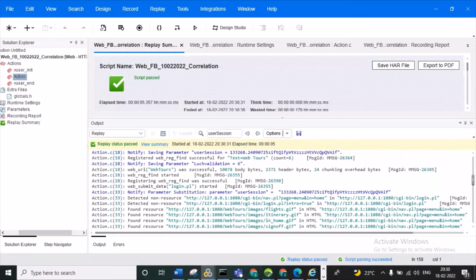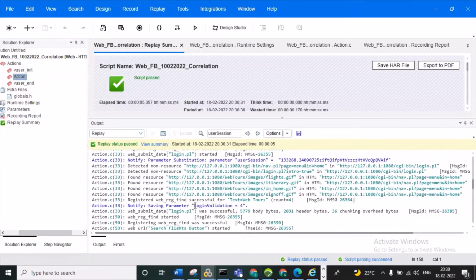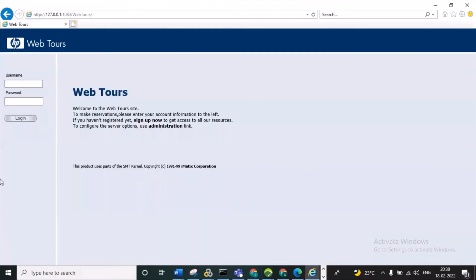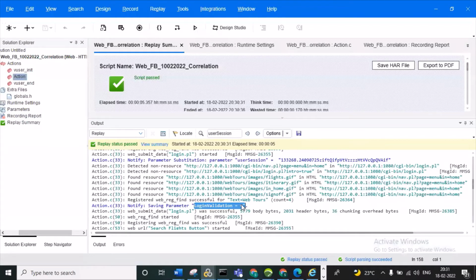You can observe launch validation is 6, that is fine, and login validation is 4. It means that after entering the username and password and clicking, we are getting the valid page. That is why the web tours text will be there in this page. How many times? 4 times it will be there. So you are getting the valid response.